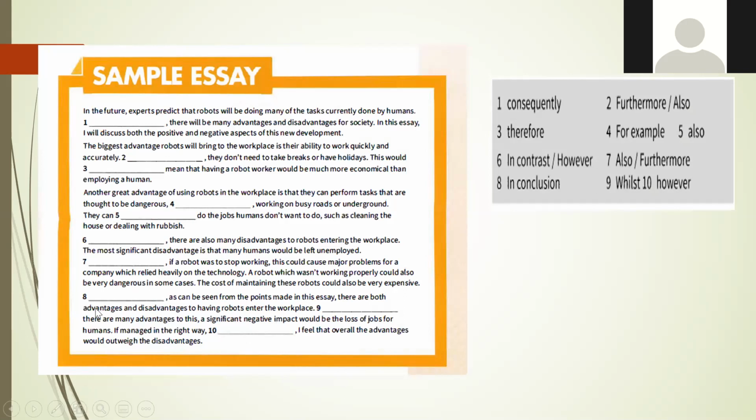For this one, the question is, do the advantages outweigh the disadvantages? But if you're writing about both points, you can just write that the advantages are that, for example, the robots work quickly and then they can perform dangerous tasks, but the disadvantages are unemployment and how expensive they are. So that's it.